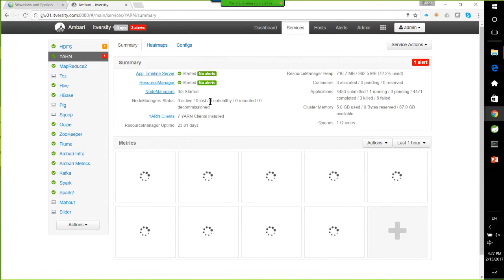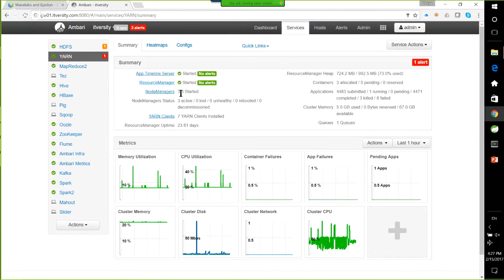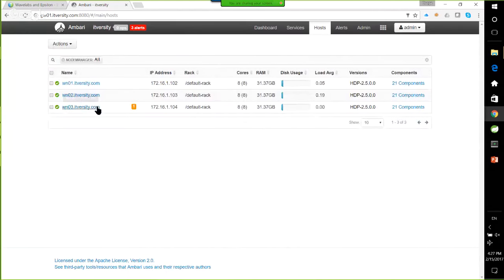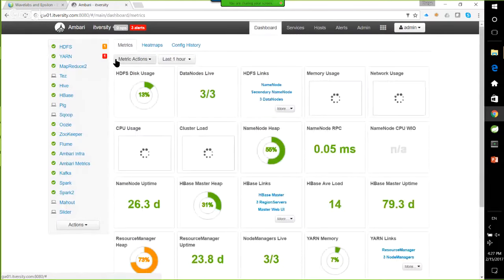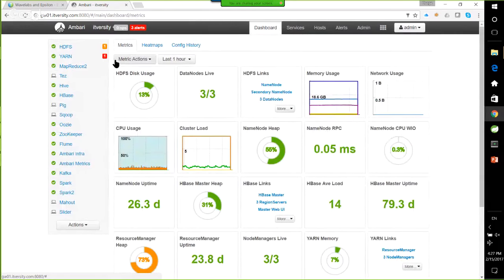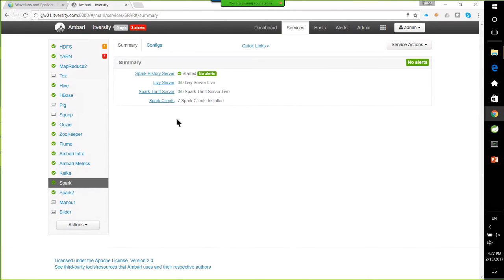Similarly, if you go to YARN, node managers are on all the 3 worker nodes. We can click on this and it will automatically be filtered. So even if you click on data nodes, you will get these things only. You can also click on these components and see what all is available on those nodes. Once you understand these services, you will be able to relate to those things easily, and you need to understand the relevance of configuration files or configuration properties and all those things, and we will see as we proceed further.